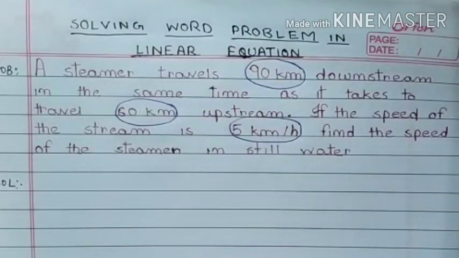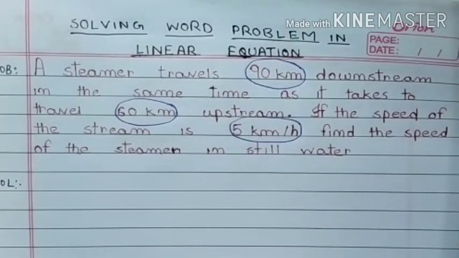Now when you try to make a linear equation, it may happen that it is non-linear. So from non-linear you need to convert it into linear so that you can solve the problem. So let us understand and see the problem right now. Today we are going to discuss how to solve a word problem through linear equations. We all know how to solve linear equations. Let us understand the word problem first.